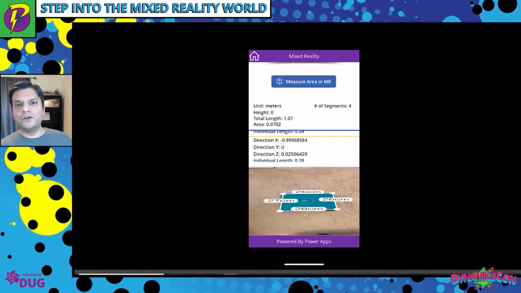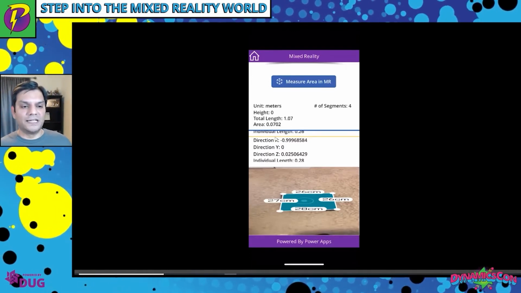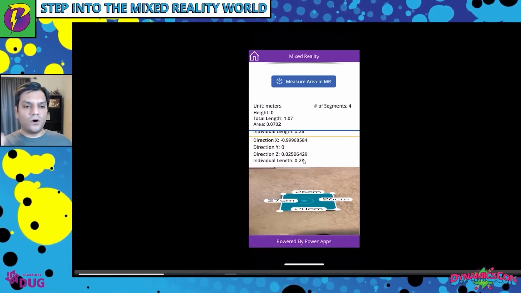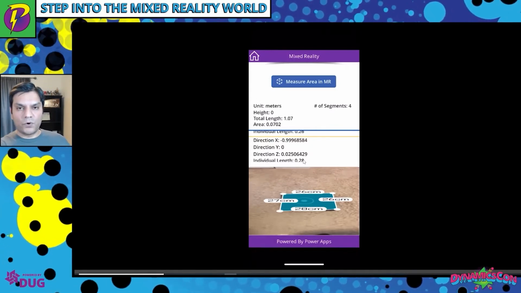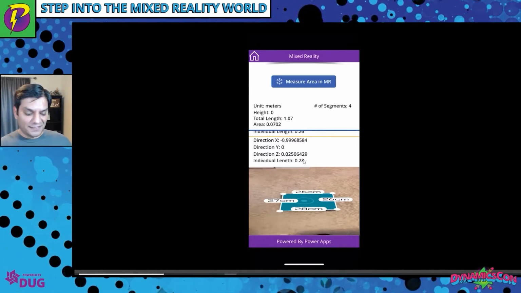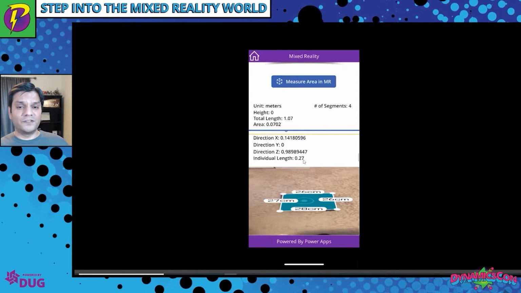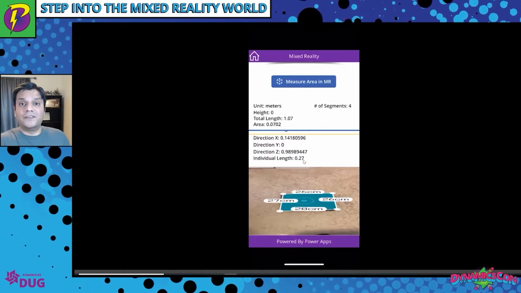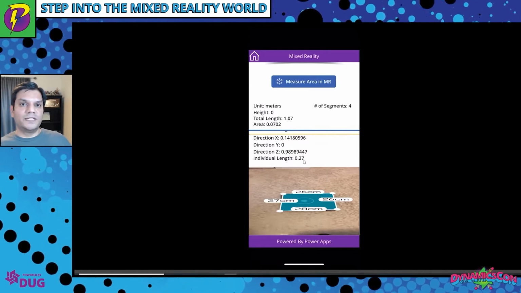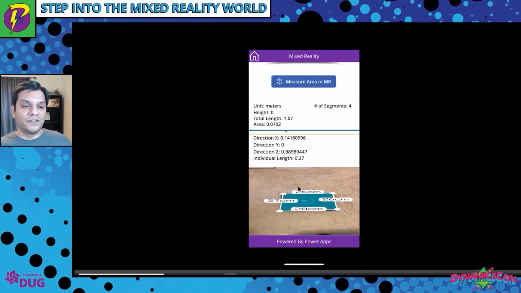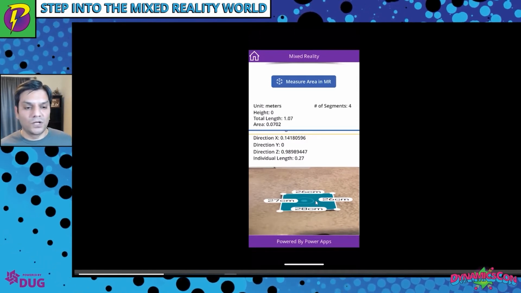It's something that we don't really need, because all we care about is just the length over here. But it's very important to see how this mixed reality measurement works, because it's all down to where you are in terms of the X, Y and Z coordinates at that point. It's very slick, and the fact that this was done without any coding, there's just a gallery. In the gallery, whatever the measurements were, I just dropped in and was able to see all of this. It makes the whole measurement. That's pretty slick on how this whole concept works.